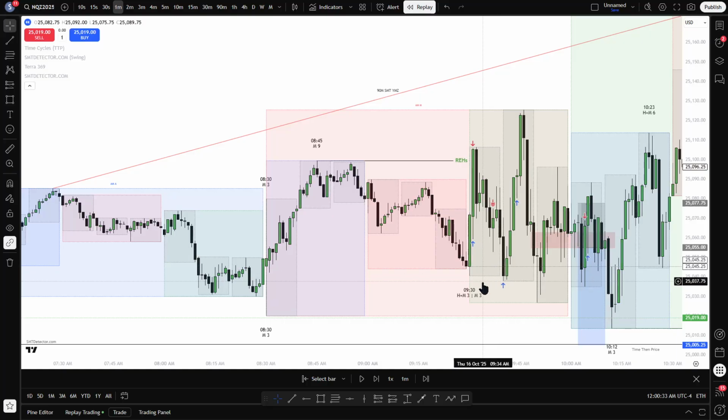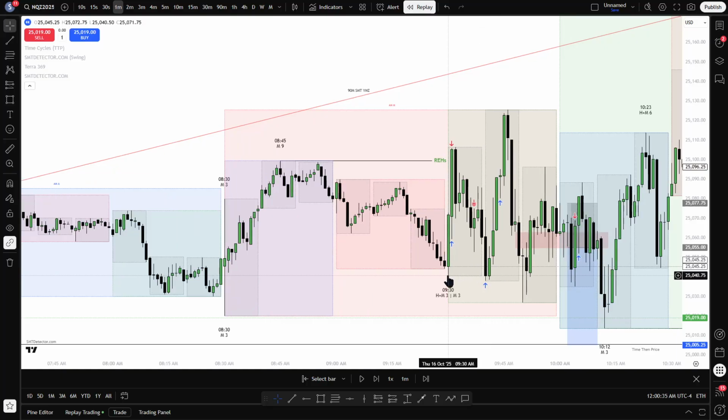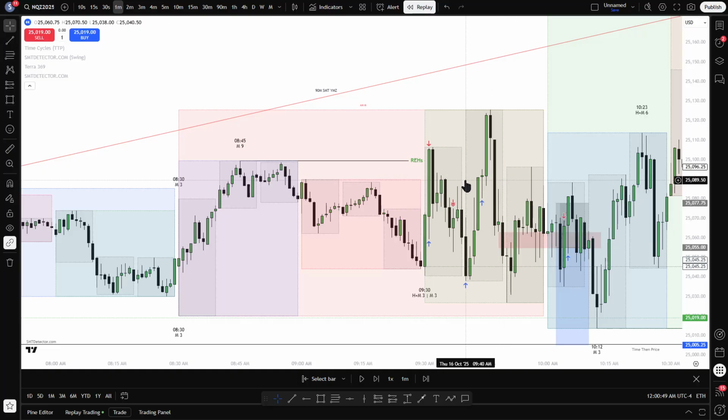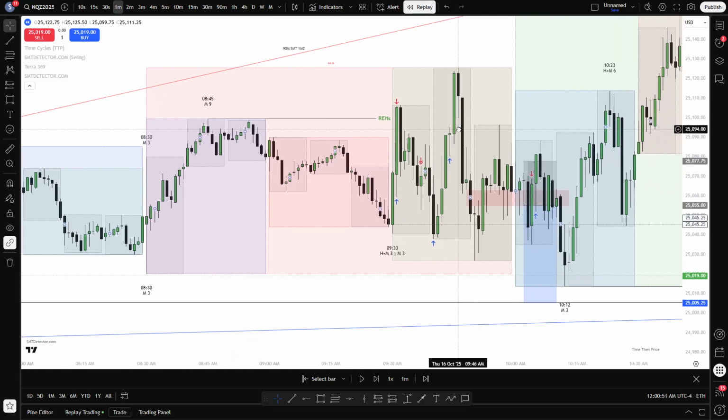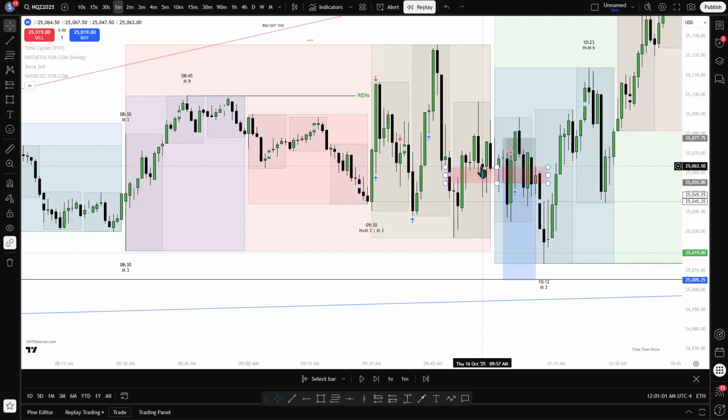Now, a good thing to notice here is that when this cycle opened, it was the 10-minute cycle that opened. We took out that, and then the next cycle opens and takes out the previous cycle low again and goes up and takes the previous cycle high. If you were playing just based on cycles, this would be an amazing day. We take that out and then go down, take it out again. But this time we do not go up, we only retrace back.